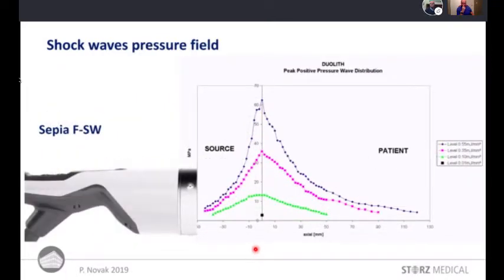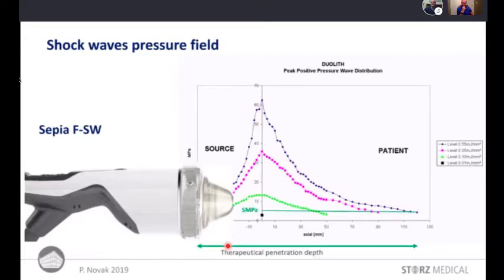One possibility to change the depth of the focal area is to use some kind of a standoff. That's a body which covers the distance between the source and the tissue. Now I introduce this short standoff, and this distance decreased from 5 centimeters to about 35 millimeters. And if I take a long one, the distance becomes even shorter, only about 15 millimeters. You can also change this distance by using a different handpiece.